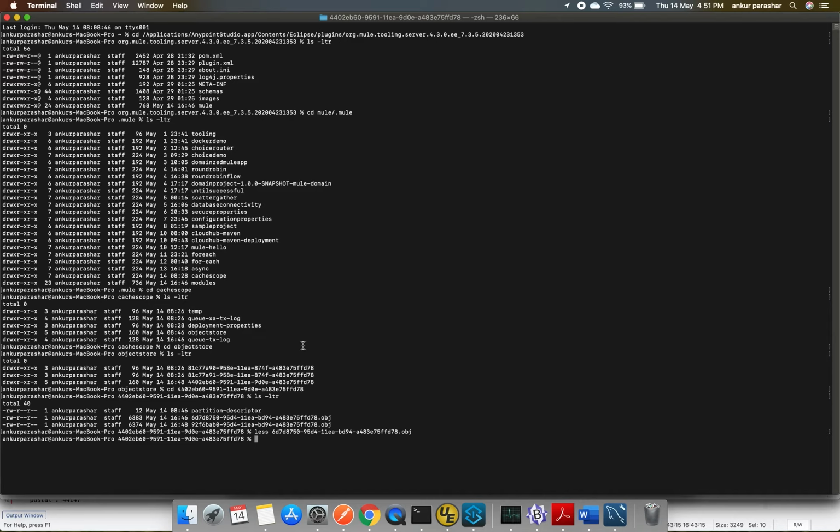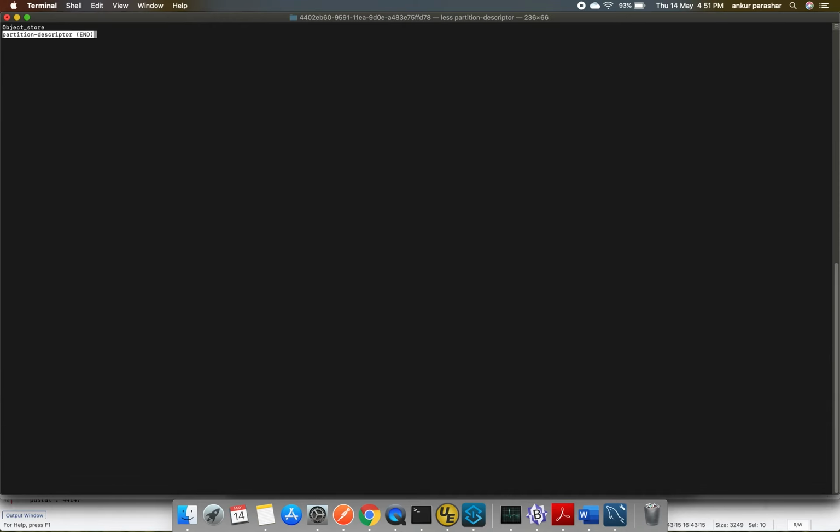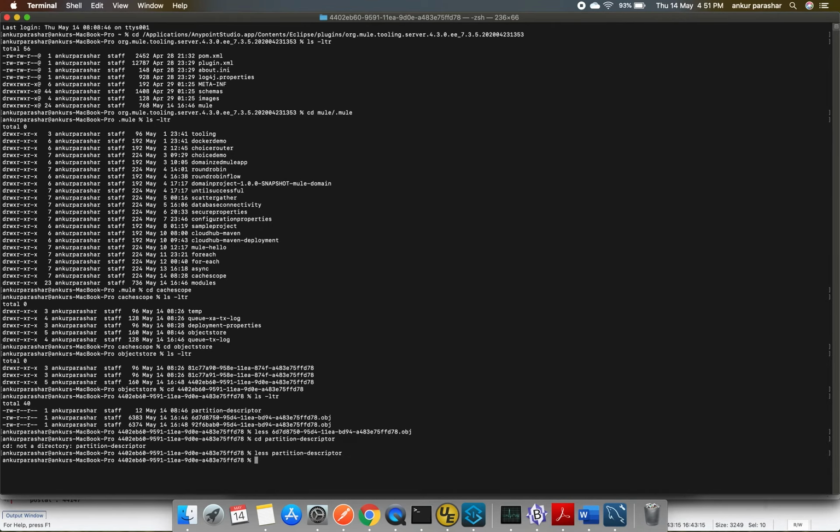Apart from that, there is a partition descriptor as well, so let's check this out as well. Okay, this is a file, sorry for that. So here you will see partition object store and partition descriptor, that's it. Nothing fancy over here.